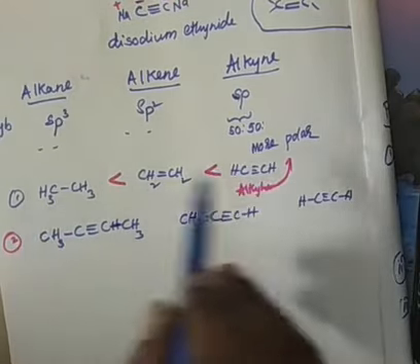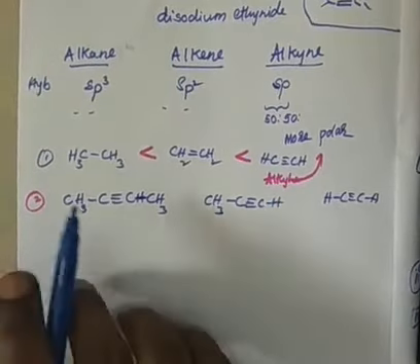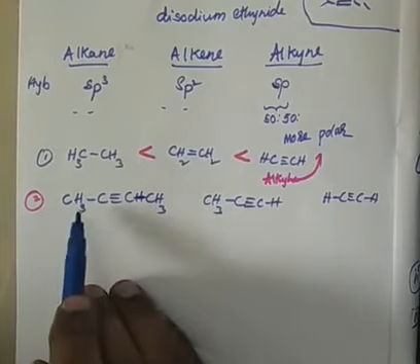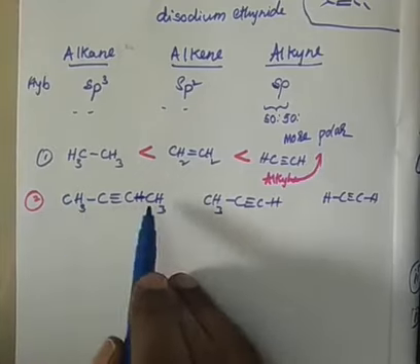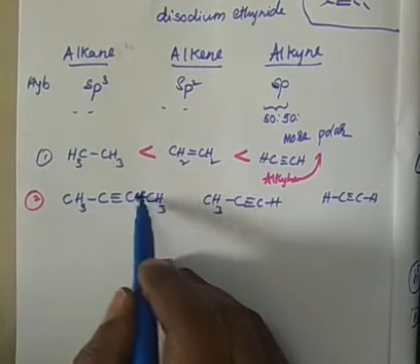So leave it. Then in the alkyne, it is not always acetylene I will take. No, I can take some substituents. So what is the effect of the substituents? It is said that if there are more electron donating substituents, these alkyl groups are electron donating.